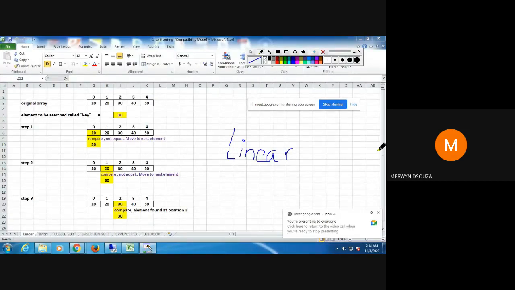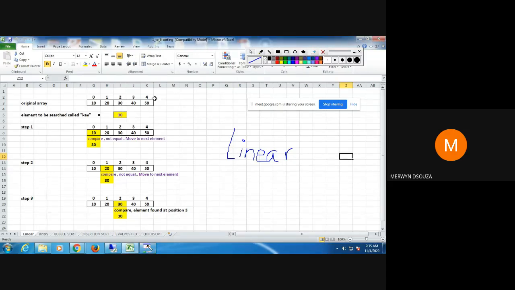So basically, when we are doing searching or sorting, we are always going to have our data in an array. Most of the time, in all our examples, the data will be in an array. But the data could also have been in a linked list. It could have been in a tree or anywhere. So although we are going to study examples in an array, it does not mean the data cannot be stored in the form of a linked list. We have studied different kinds of linked lists. So please remember that.